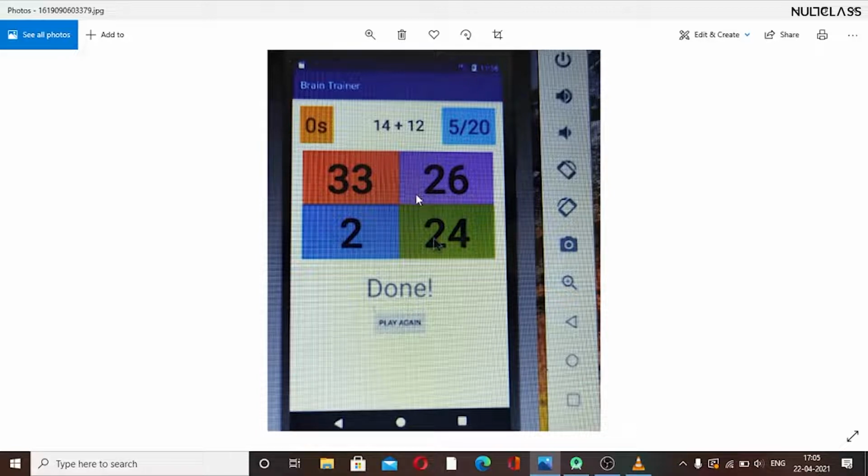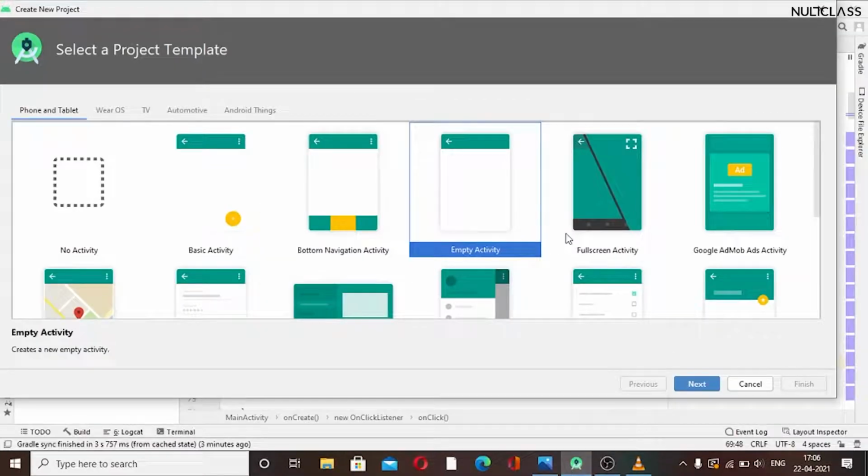Okay, so after the completion, as we can see that 0 seconds is here, we will be showing a text view here saying that you are done, and we will see a button called play again, so we can restart the game here. Okay, so we can create this fun gaming app with some brain usage. So we will name it something like brain game. So let us just start by creating this app.